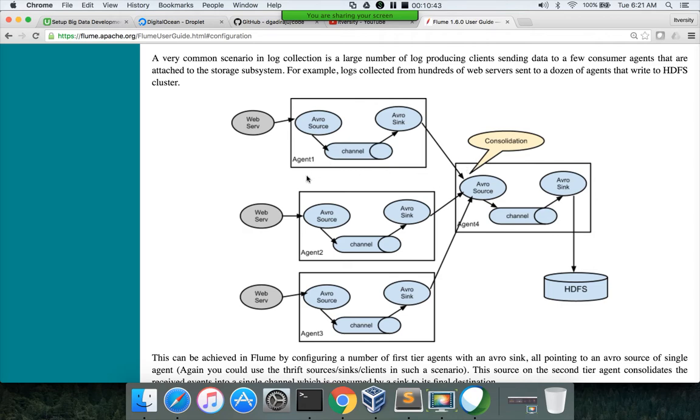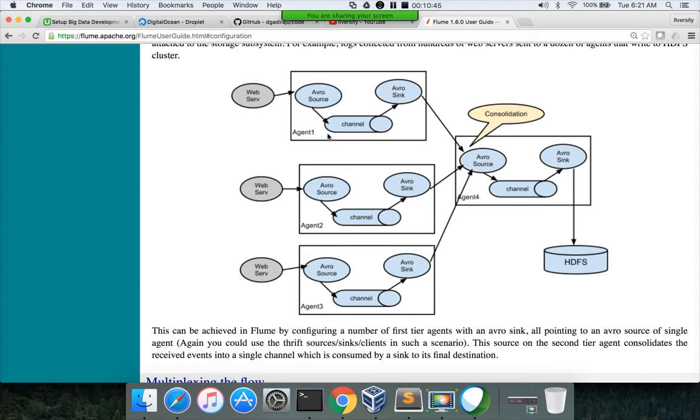So in this case, we can have multiple agents reading data from the web server and then write the output to the Avro, and then using another agent you can consolidate. So this is another type of architecture.